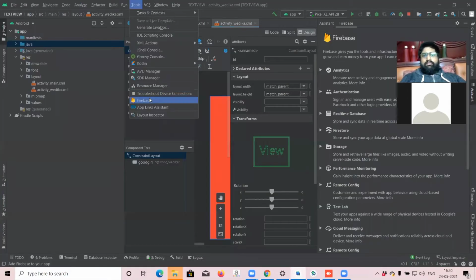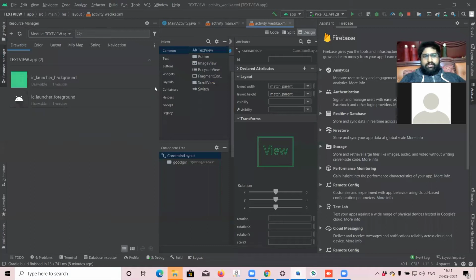Tools, see, we have seen the SDK manager, AVD manager. Resource manager is nothing but a number of resource files will be there. It shows the drawable. We have the images, right? It shows all the coding things, layouts, everything in some other format.